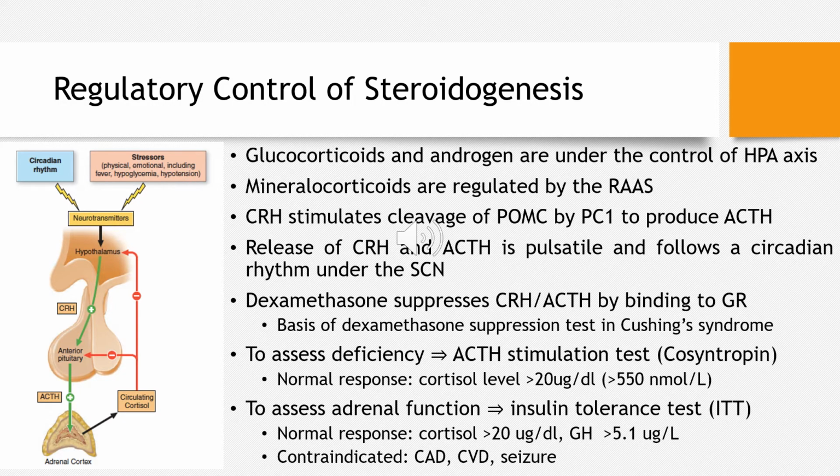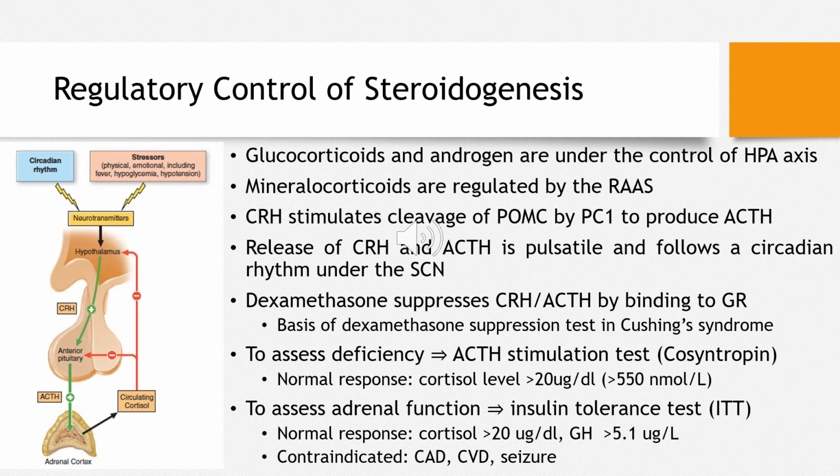Diagnostic tests assessing the HPA axis make use of the fact that it is regulated by the negative feedback mechanism. Glucocorticoid excess is diagnosed by employing a dexamethasone suppression test. Dexamethasone is a potent synthetic steroid which inhibits production of CRH. If cortisol production is autonomous, let's say for example in patients with adrenal Cushing's, ACTH is already suppressed and dexamethasone